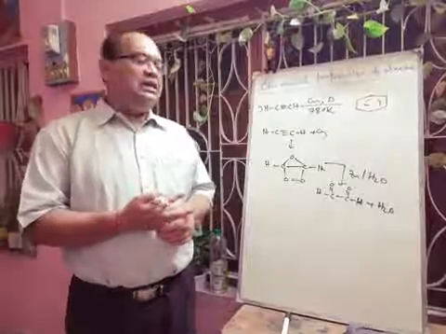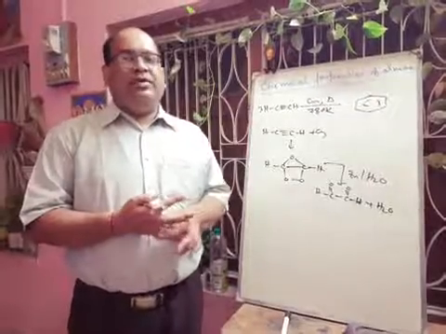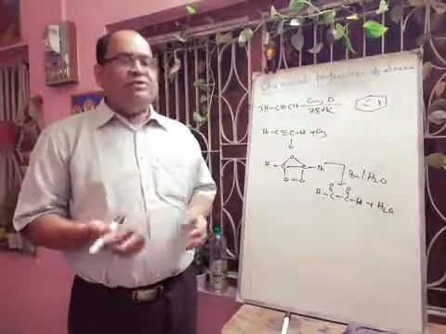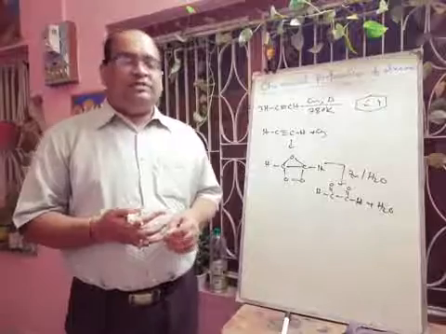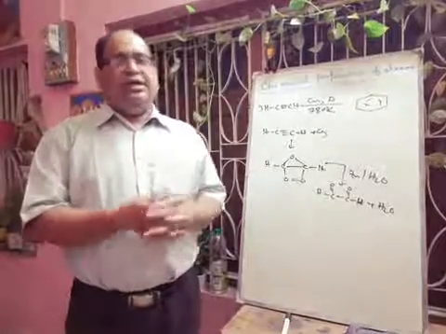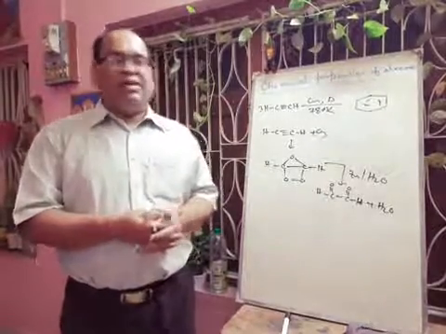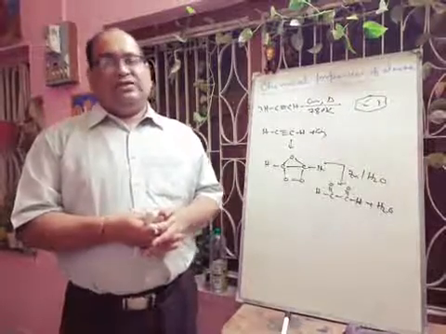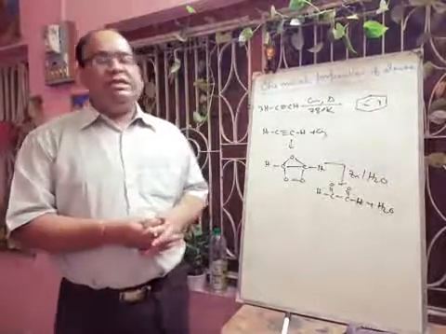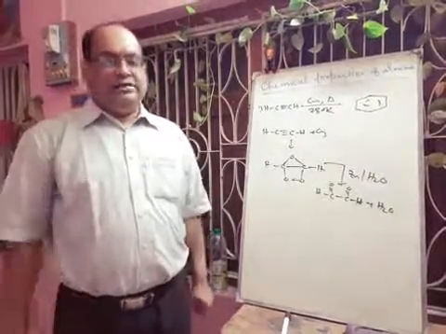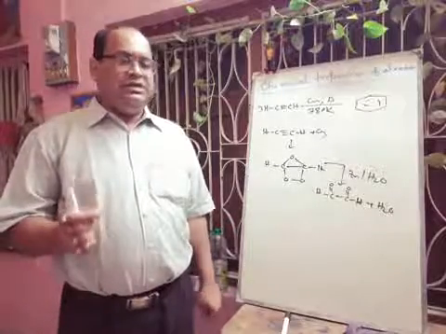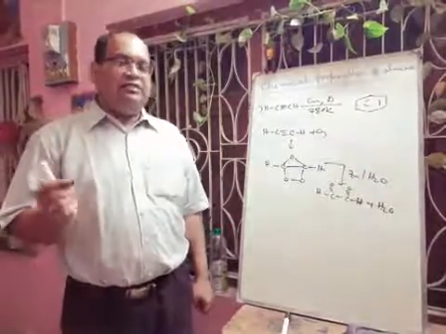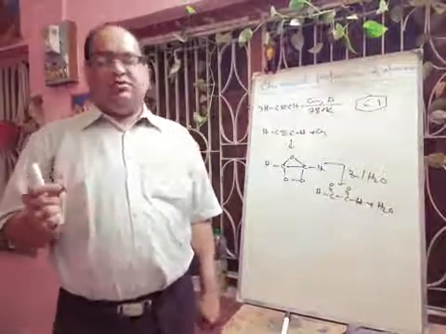And another important test is there. If you take the ammoniacal cuprous chloride solution and if you pass the acetylene gas through this solution, definitely there will be formation of copper acetylide red precipitate. Okay, that is the cuprous acetylide. So by these two tests you can easily identify the acetylene. Okay, only the acetylene is in syllabus, and alkynes chemical and physical properties also you have to know.